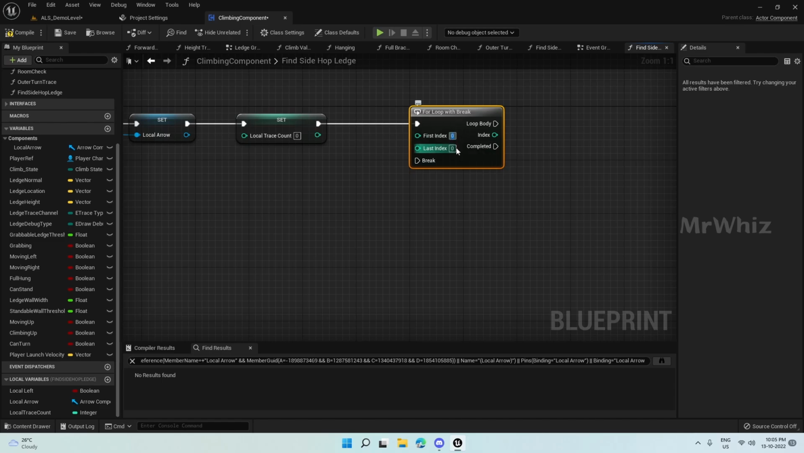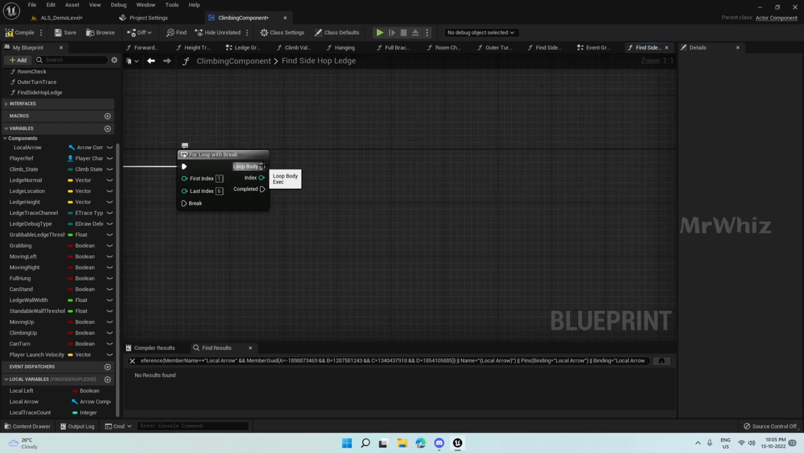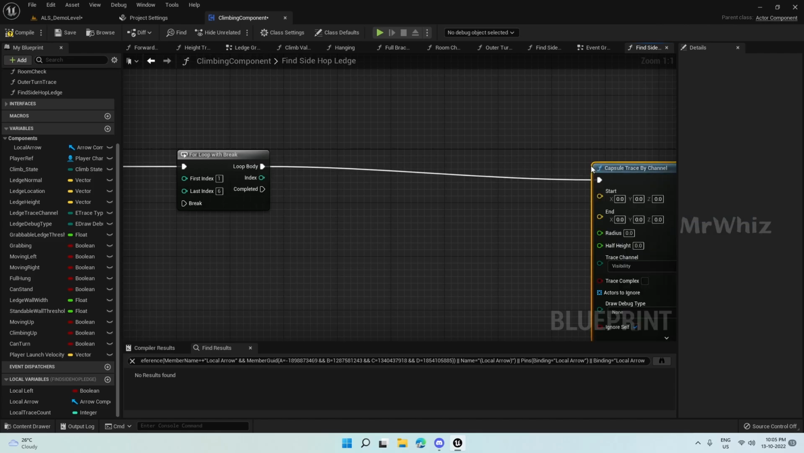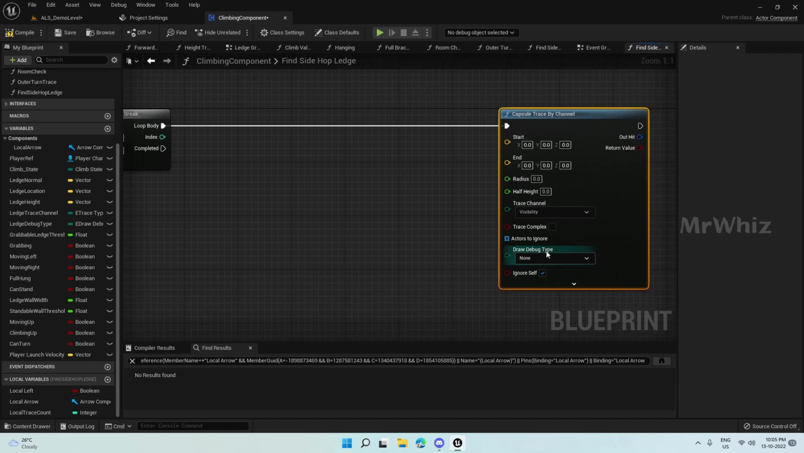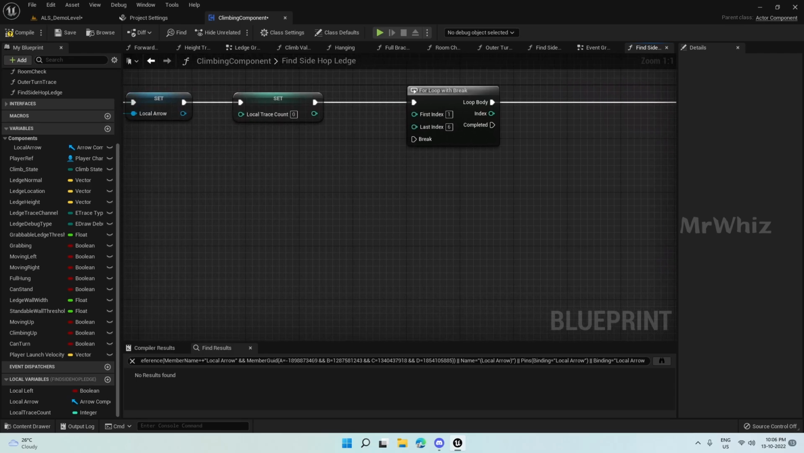Start a for loop with break, and the first index should be 1 and last index should be 6. So this is basically till what extent you want to continue the trace. And create a capsule trace by channel, and let the trace channel be ledge, and draw debug type, let it be for 1 frame for now. And for the start,